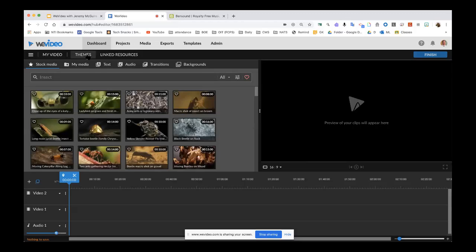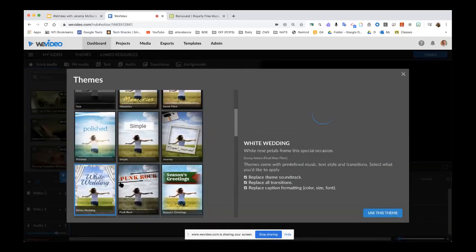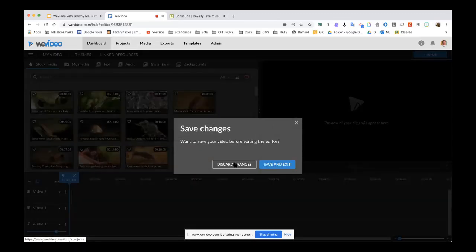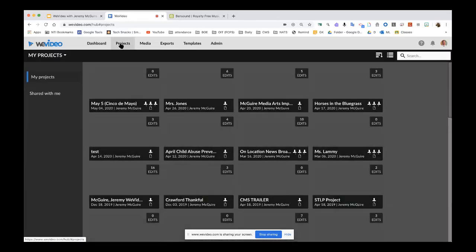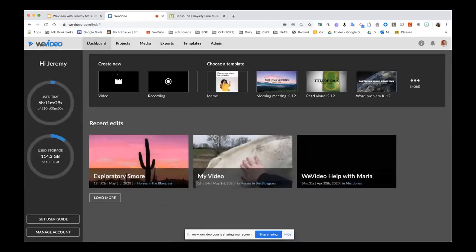Let me go with theme. Let me go down here to, let's say we'll go white wedding. And that is not working for me. Let me go back out. Discard changes here. Because typically when using a theme, I believe I can, here we go. So I'm going to choose a template,